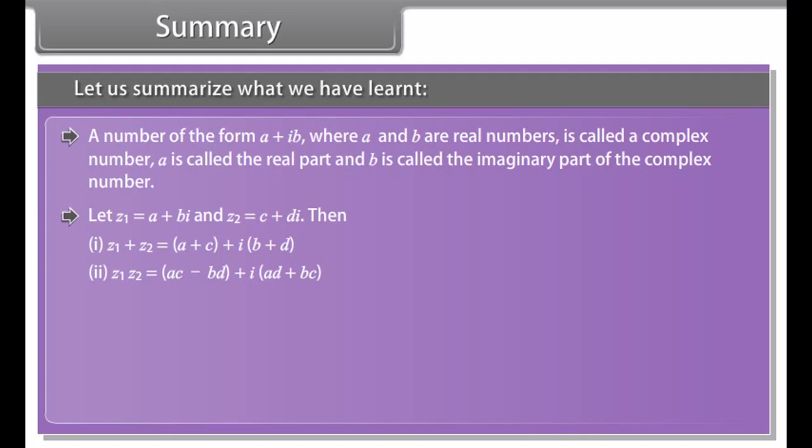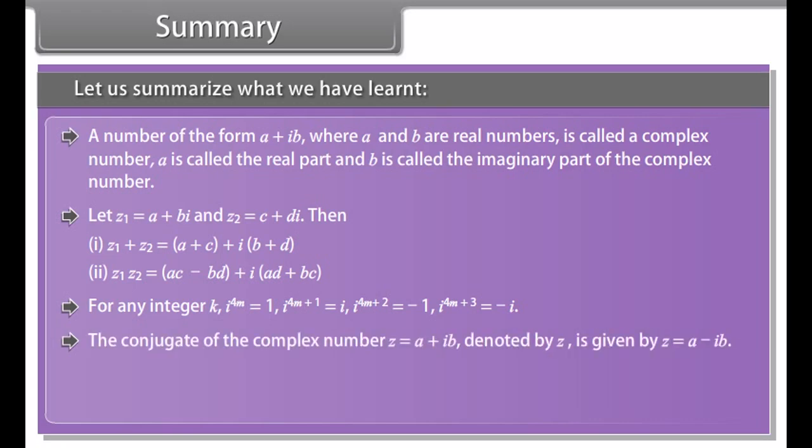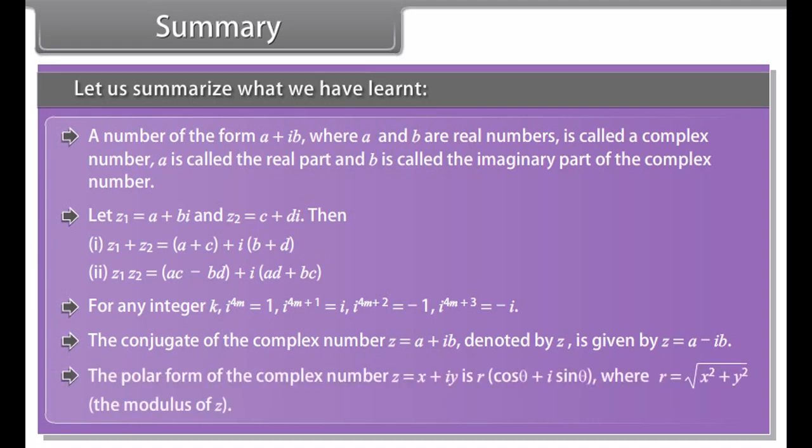Then, for any integer k, the conjugate of the complex number denoted by z is given by the polar form of the complex number is